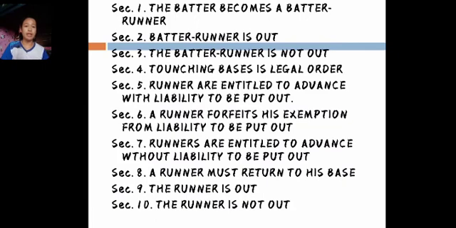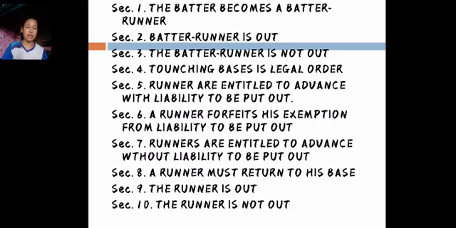Section 3. The batter-runner is not out when a fielder makes a play on the batter-runner while using an illegal glove. The manager of the offensive team has the option of taking the result of the play or having the player resume batting, assuming the ball and strike count prior to the pitch, with the other runners returning to the bases held at the time of the pitch.